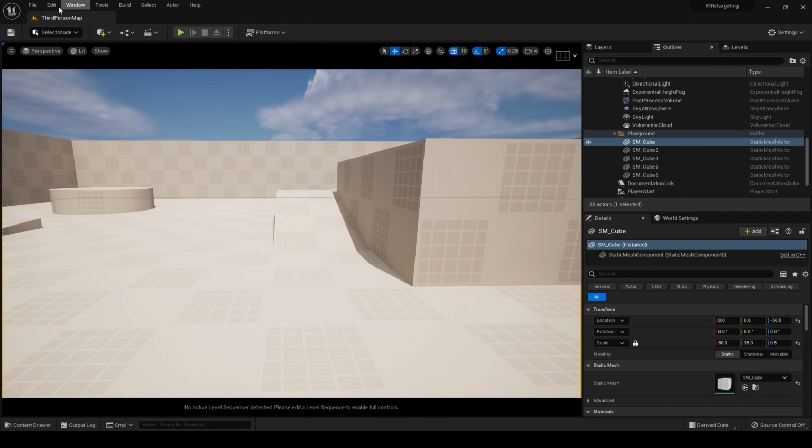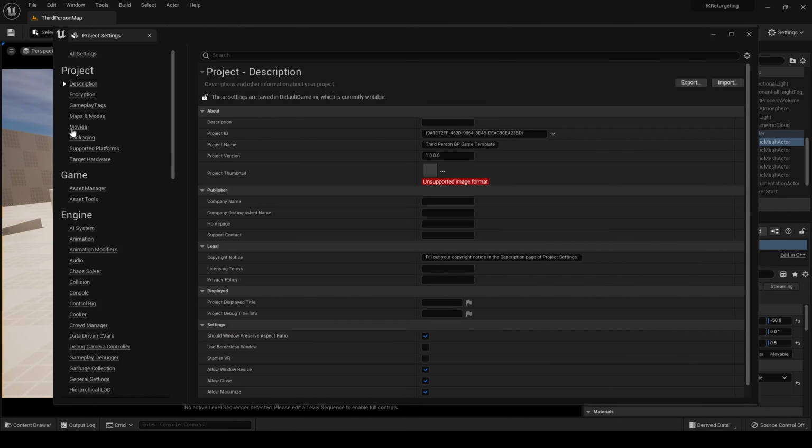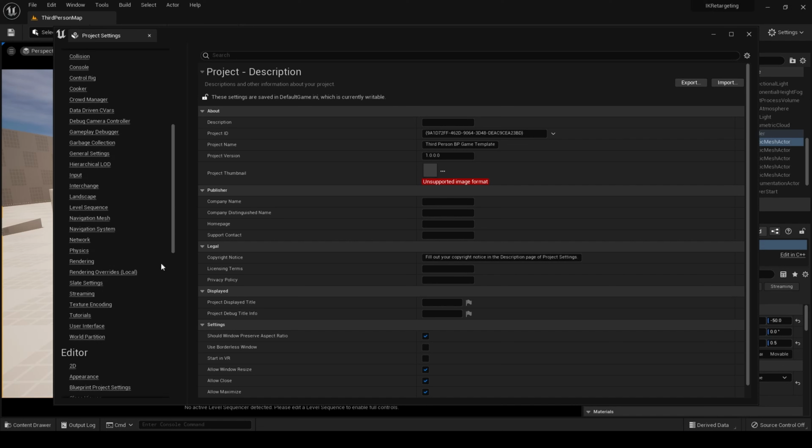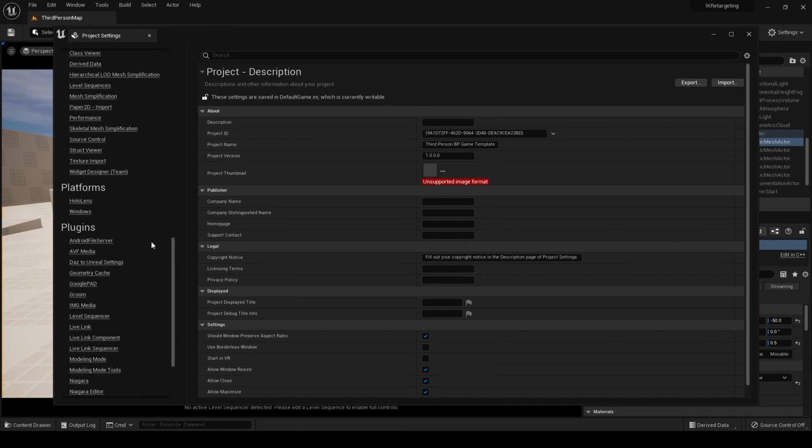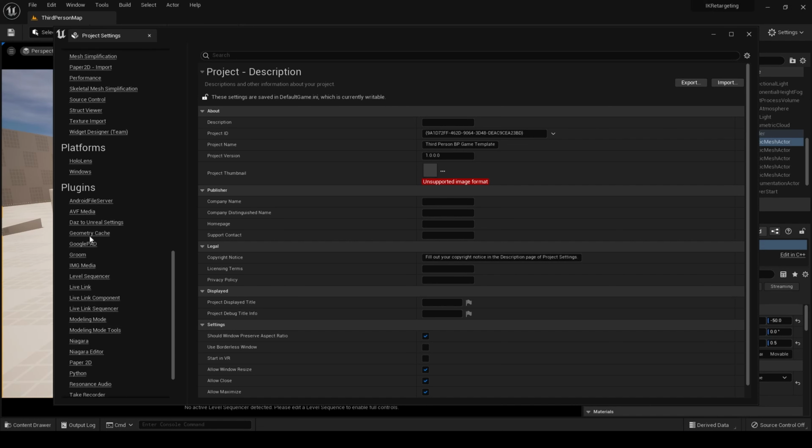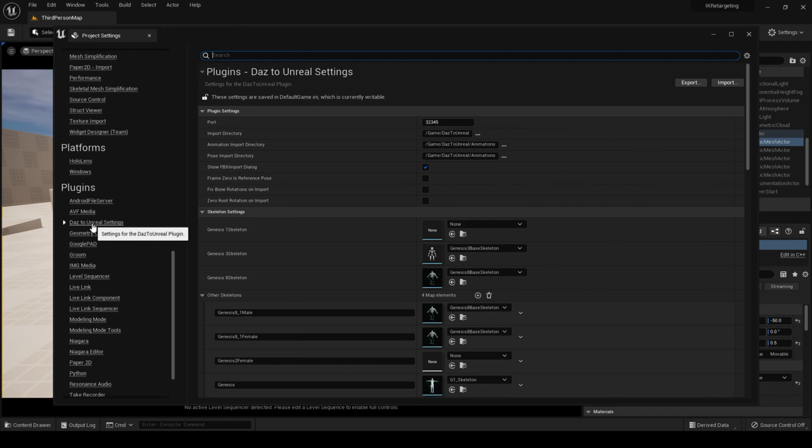Right, and then next we need to go to our project settings here, like so, go down to plugins and find Daz to Unreal settings. Now in these settings we're going to show import dialog, so it'll show a dialog box when we import a Daz character.